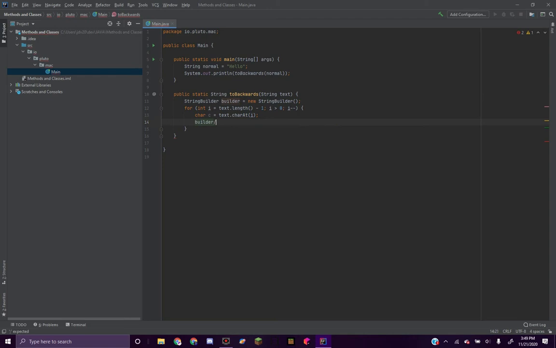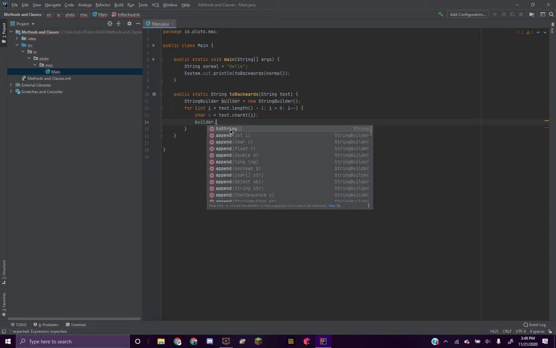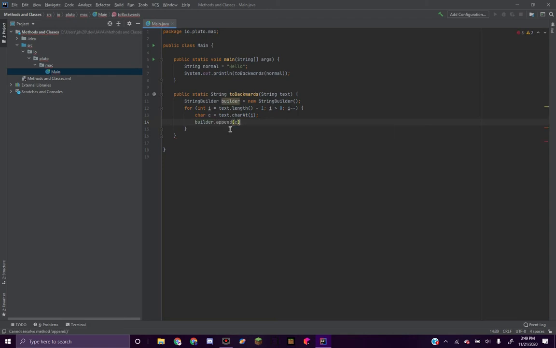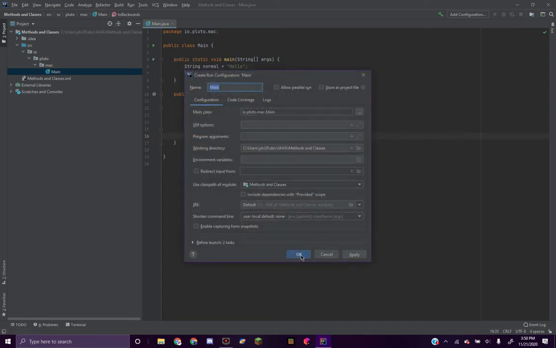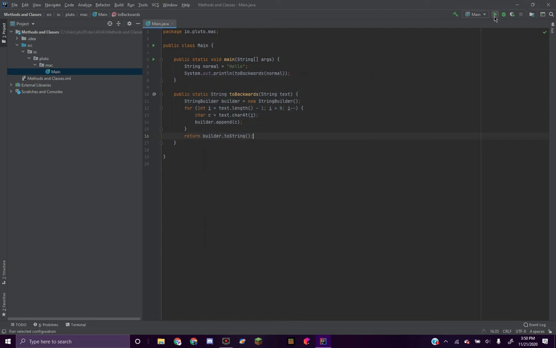builder.append(c). Now this will give you a warning. Don't worry about that just yet. And, well, you're going to be worrying about that right now. So then outside of this for loop, just type return builder.toString. Just like this. So hopefully what we should get when we create our main and then run it is